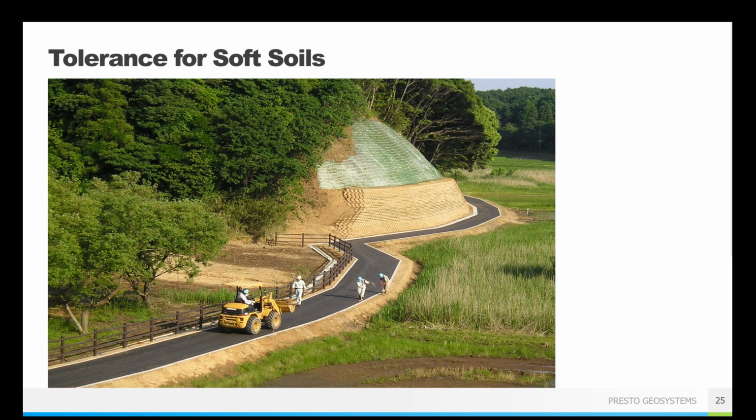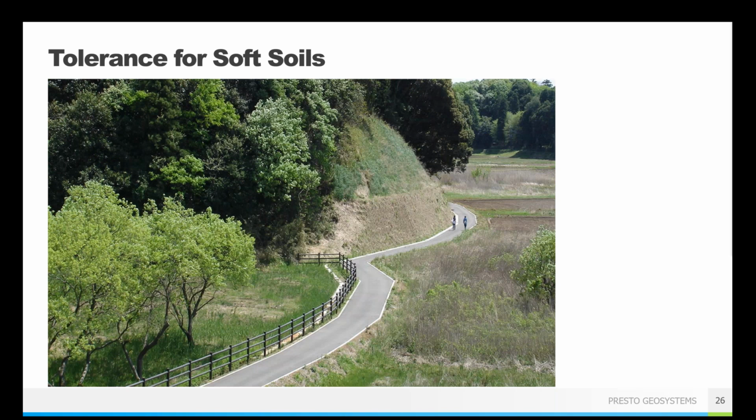So that's a great application for that. You can see the photo here during installation, and then here's what it looks like after that installation is complete. Vegetation is starting to grow in. This is now a great way for this roadway to stay in place, and now you don't have to worry about that wall face eroding down, falling down onto that roadway and closing the roadway.